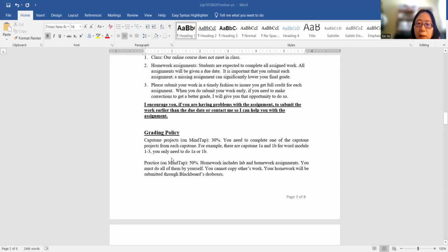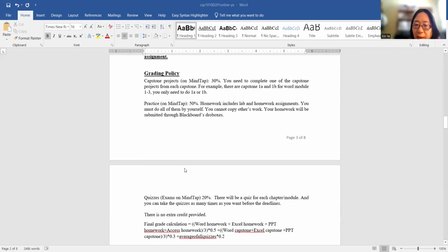And of course we have quiz exams, which are 20%. The quizzes are not regular quizzes. They are also quite hands-on, a hands-on exam. In every chapter, there will be an exam that leads you step by step through some projects. That will be 20%, because some of the quizzes have 50 steps, some of them have 45 steps. That's why I give credit.